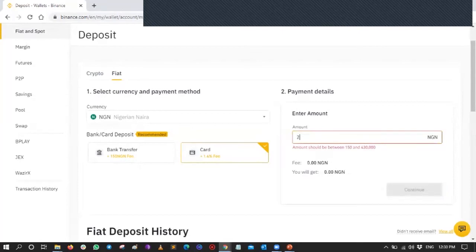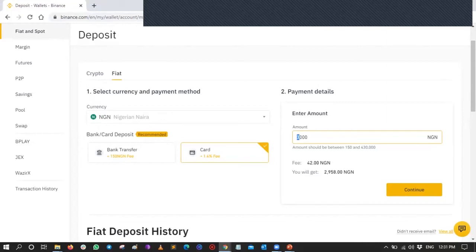So I'm depositing 2,000 now. You can see that Binance is very generous, or they look after their customers. If not, they would just say either card or bank transfer is the same thing. But they didn't do that. Can you imagine? I'm depositing 3,000 naira now, and I'm only paying 42 naira, instead of using a flat rate of 150. And when you want to withdraw, we do that one too as well.